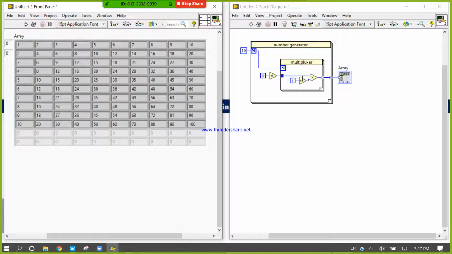By using this we will take our output. By using this we are creating our 2D array, converting our 1D array to a 2D array. Here this creates our 1D array, and this creates our 2D array. Here the 1D array will be passed. By using this node, we will store single data.